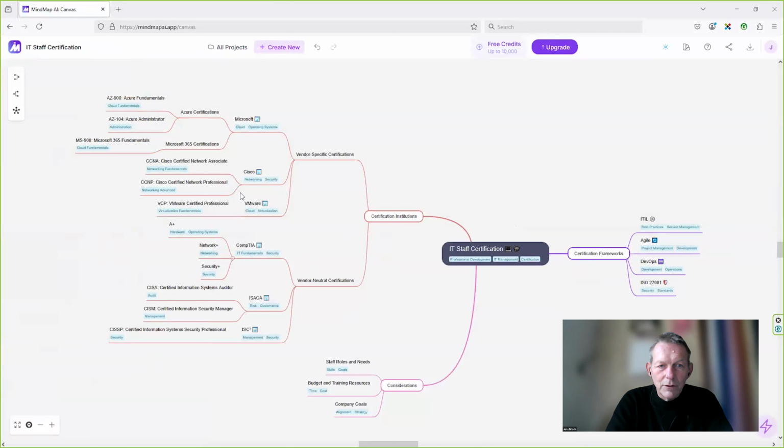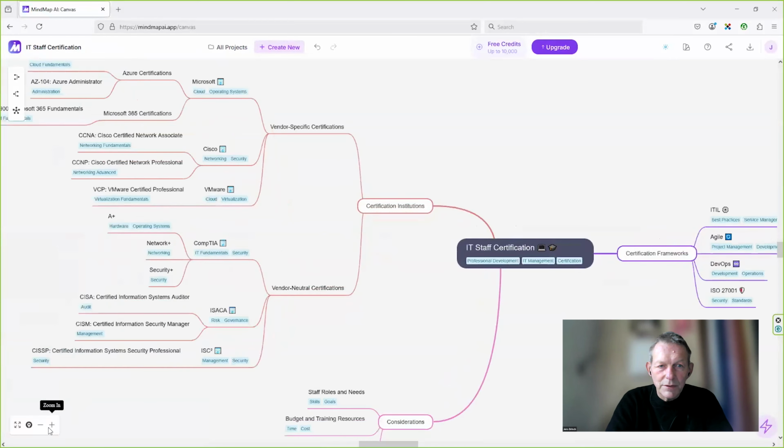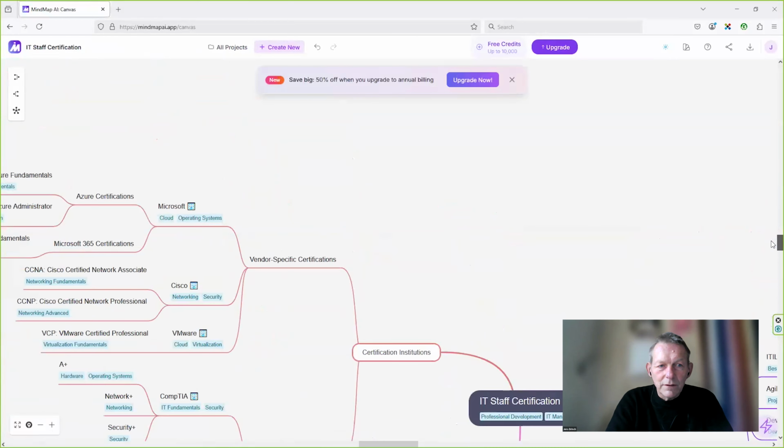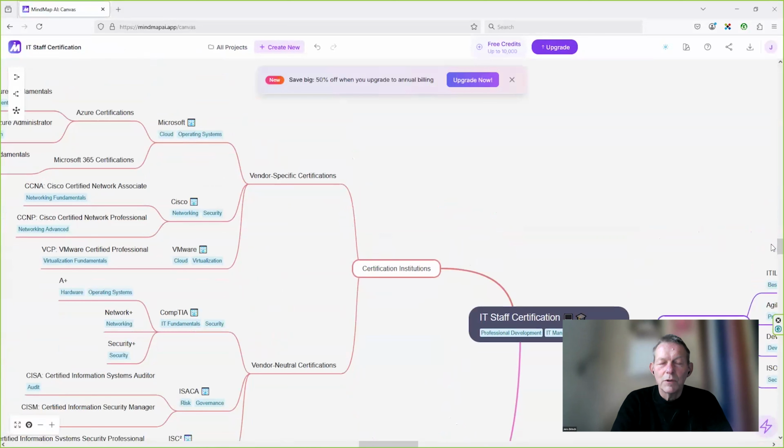He said that you have the vendor specific, like this presentation. Maybe I should enlarge it a bit. So you have a path saying, okay, I want to be specialized within the vendors. Here it's just 3 out of the big 5 when it comes to vendor specific certification.